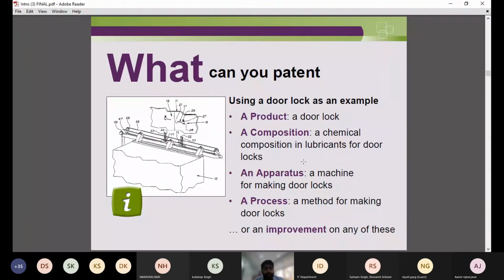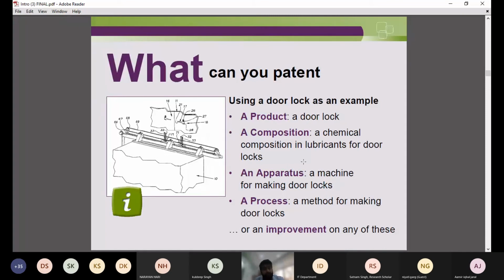So what he did, he invented a simple plate that can be installed on the existing door locks, so that now wear and tear will be less. Plus, it will provide extra security to the locks, so that even if we push the gate very hard, it will not open automatically. So this is the simplest innovation he has done, and he has successfully got a patent for it also.